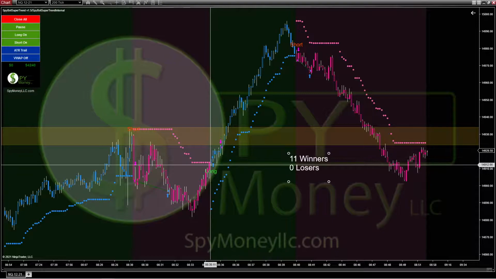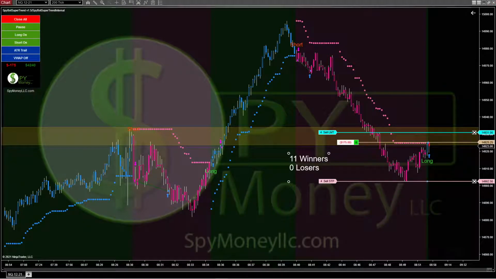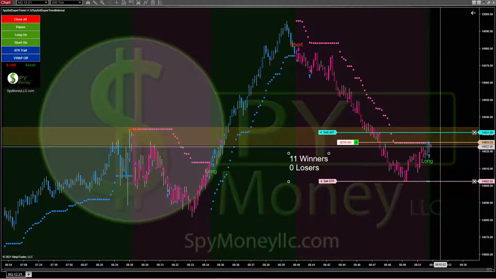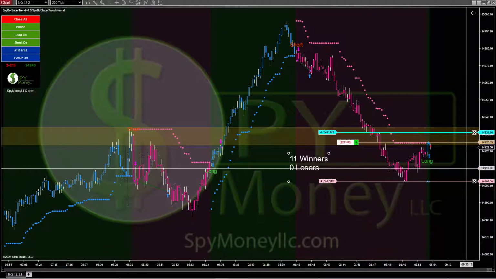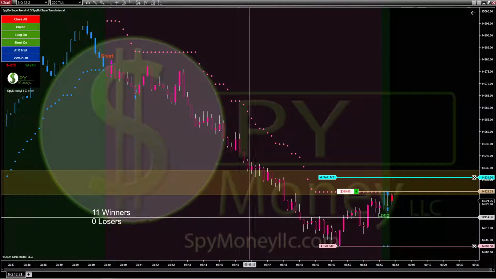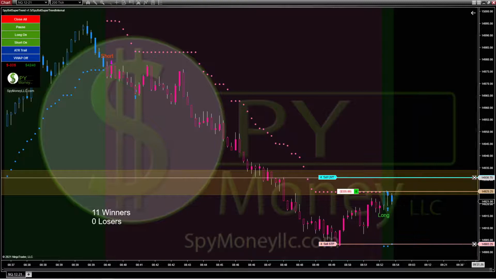The way it works is when you have a reversal. When you have the reversal, like it just entered this trade now. This may be a bad trade. I don't know. If it goes up and hits that, great. So let's just watch it. This is going on live right now. See what it does. The SuperTrend automatically puts in